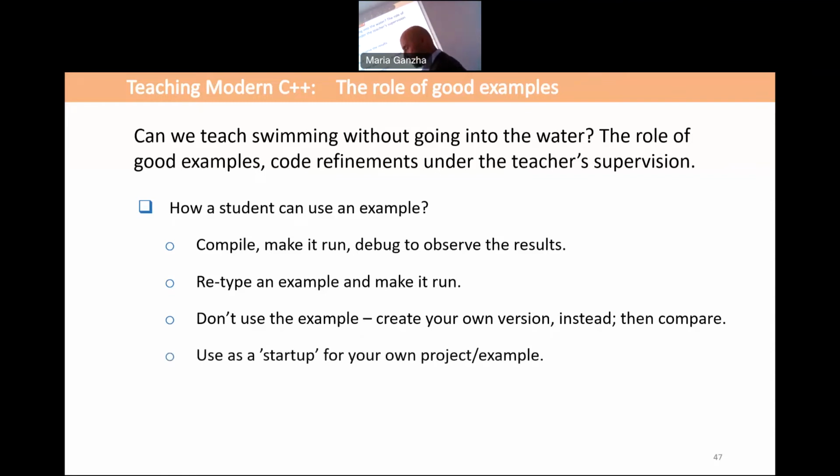This is very important because examples will leave in students' minds some kinds of patterns they will use later in real programming. They will search in mind, okay, I saw such a thing, I can use it with a vector or a string or whatever. And so this is the point of a startup.